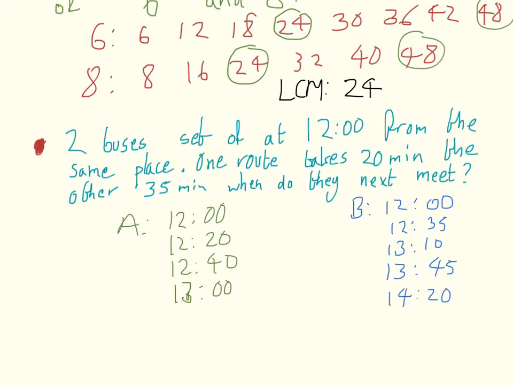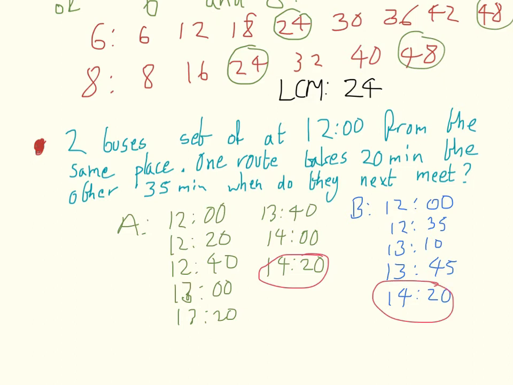Now let's go back to the first route. Well, we haven't got any that match up yet, so 13:20. The next one after that would be 13:40. Then we'll get to 2 o'clock for another 20 minutes. Then it'll be 14:20. Now what hopefully you should have spotted there is that we now have two times, 14:20,